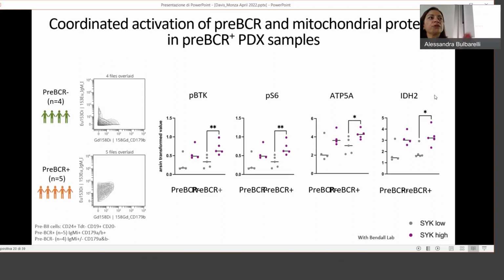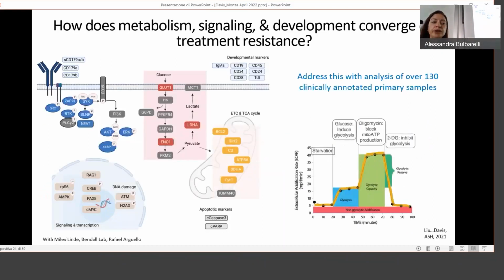So the activation of the signaling couples with oxidative metabolism. To summarize this part, one of the things that she's working on now is an approach using CyTOF to look at all of these things at once in primary patient cells. So our signaling molecules that we know are important for relapse prediction, developmental molecules that we need to focus in on particular developmental states, and then a whole slew of metabolic markers and readouts